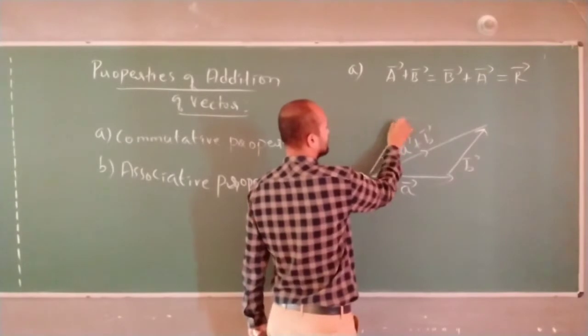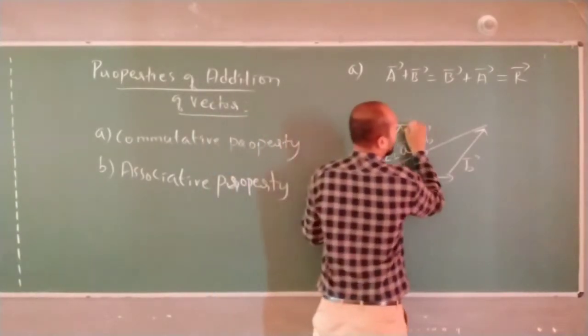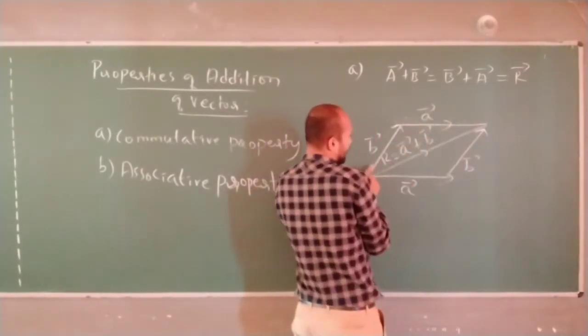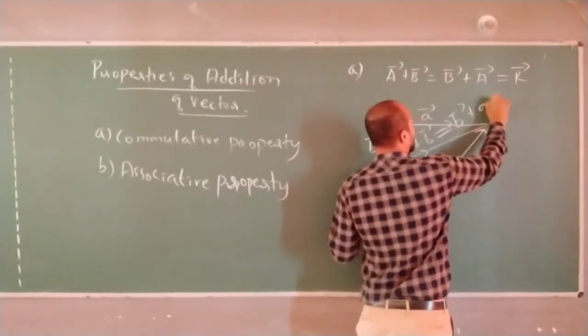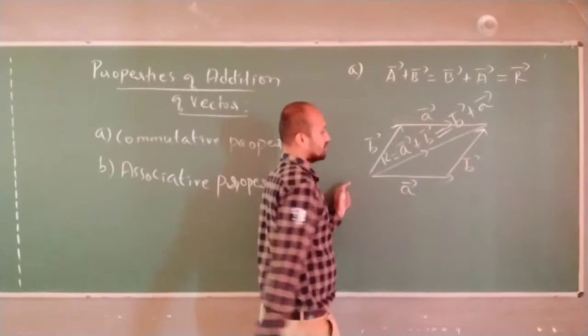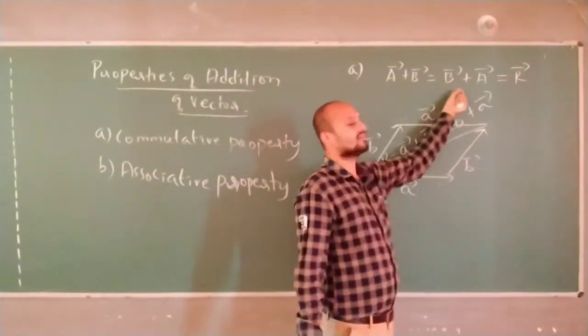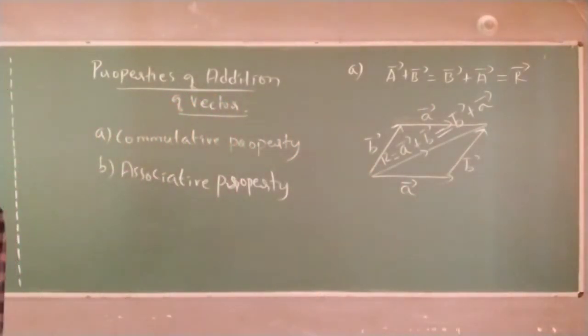imagine it's the same direction and magnitude as vector B. If I draw this line here, say like this, correct now? This is vector A. So vector B plus vector A will be equal to the same resultant. So it obeys commutative property. Vector A plus B will be equal to the resultant of addition of B plus A. Correct now?